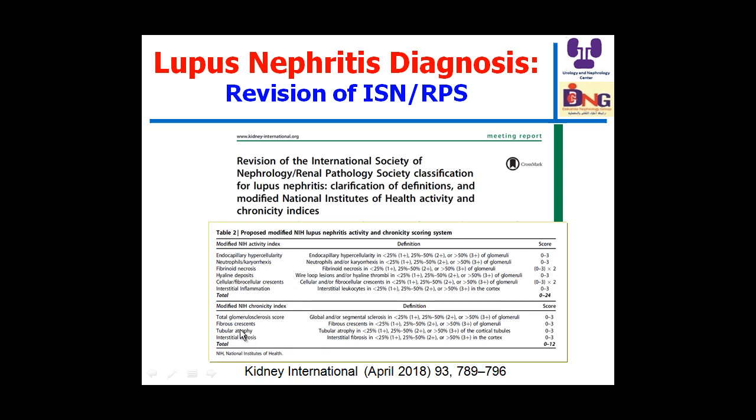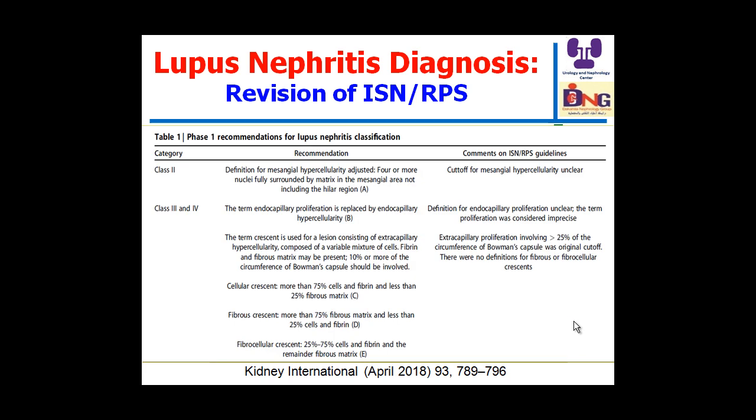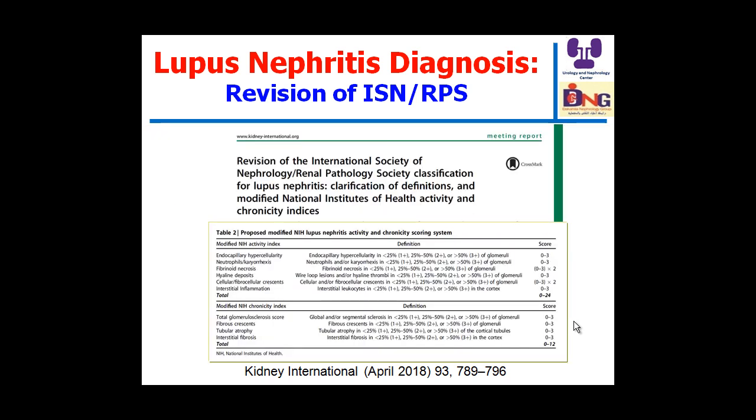Chronicity is almost the same: glomerulosclerosis score, fibrous crescents, tubular atrophy, interstitial fibrosis. So chronicity is the same. But the most important point here is that they omitted the A and C designations. Just put the score without saying class 3 active, class 3 chronic; just say activity and chronicity index without A and C, and also the global and segmental